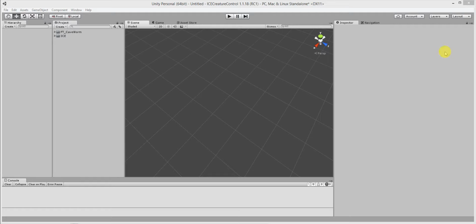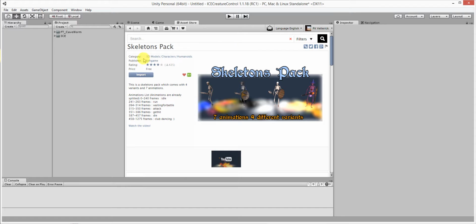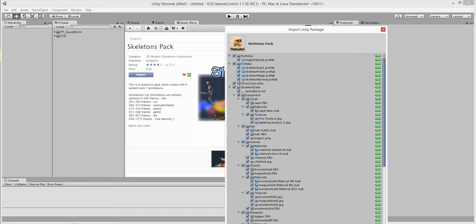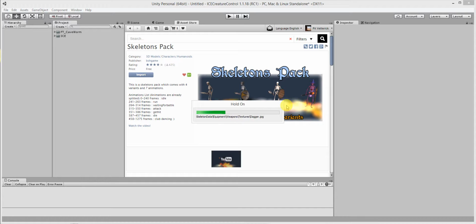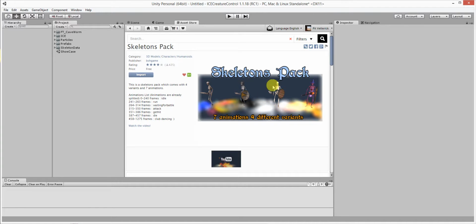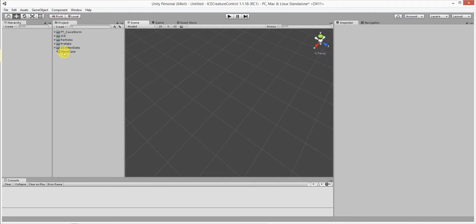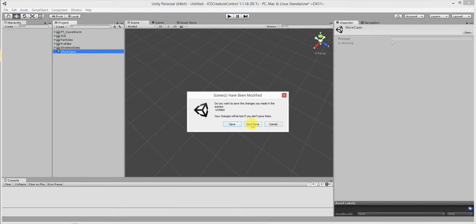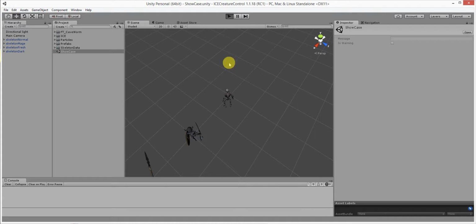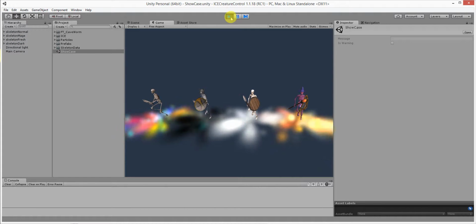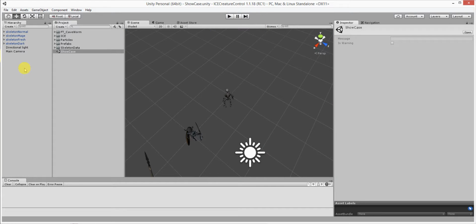Interact together. So for this we start with an empty scene and directly import a new package, and here we will use a skeletons pack from the asset store and import. So fine, back to the scene, and we can use directly the showcase scene from the pack. So fine, if I press play now, you can see here that's given in the imported scene. So the first thing we need here is a ground for our creatures,